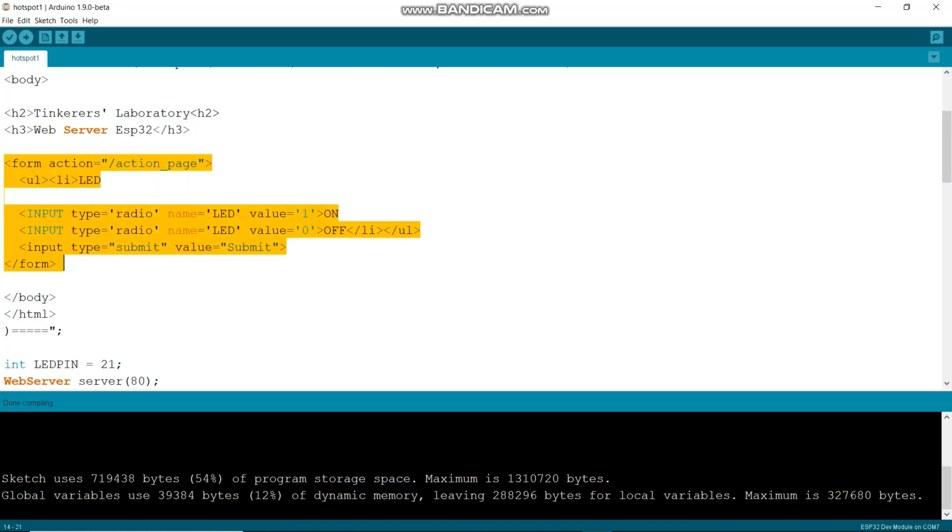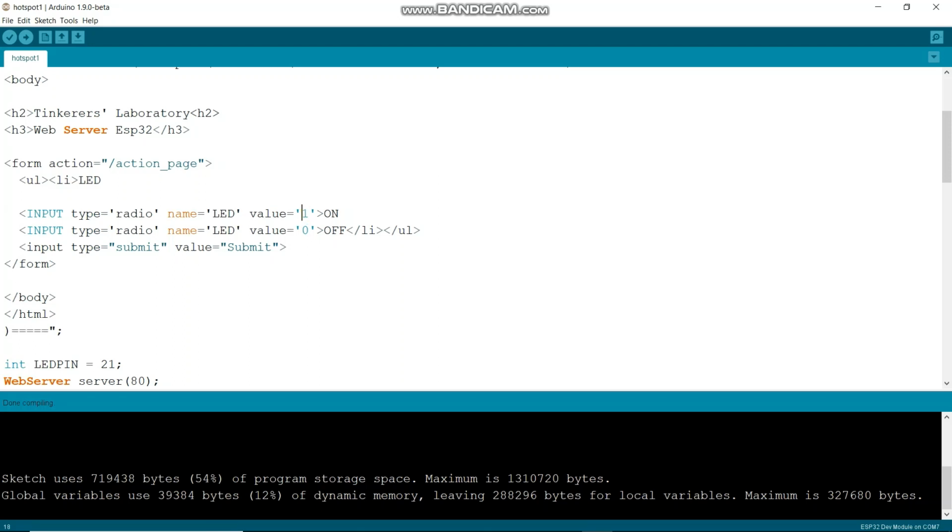Then this part is what interacts with the user. This form action basically takes and handles all the actions of the user. So when you click on the radio button there, I will explain it by running the code.